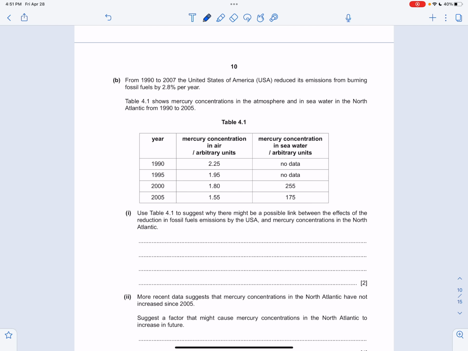All right, from 1990 to 2007, the United States reduced its emissions from burning fossil fuels by 2.8% a year. And we see the mercury concentration in the atmosphere and in seawater in North America for a 15-year period. So 1990, 5 years later, 95, 5 years later, 2000, 5 years later, 2005. And we have the mercury concentration in the air, measured in arbitrary units, and the concentration in seawater. Things to notice between